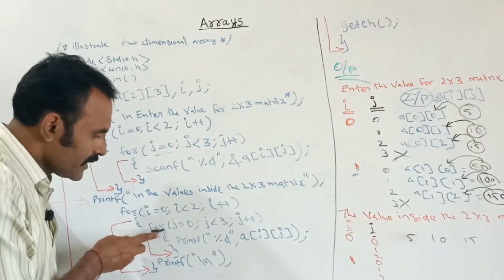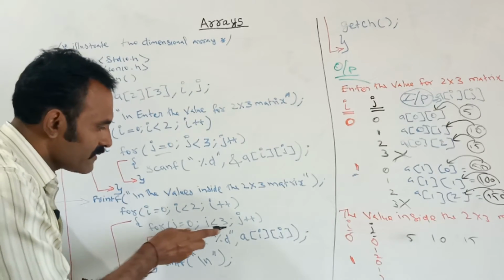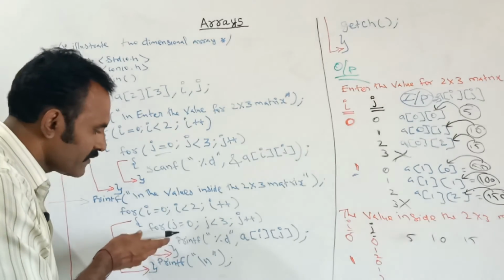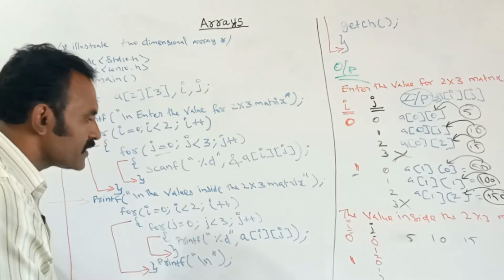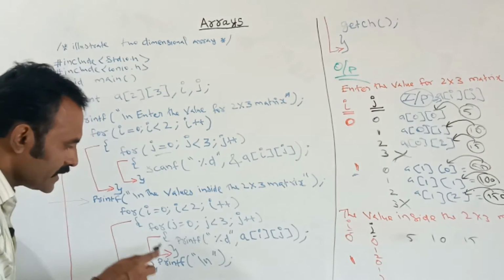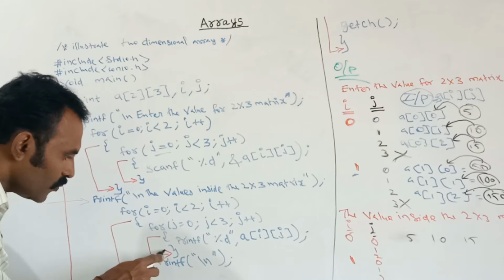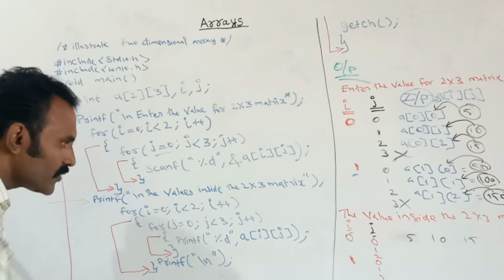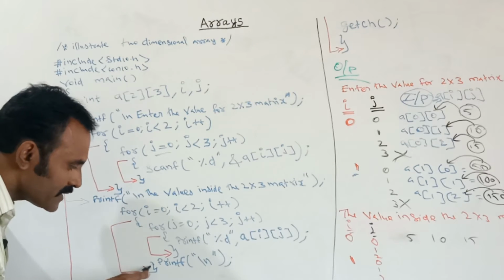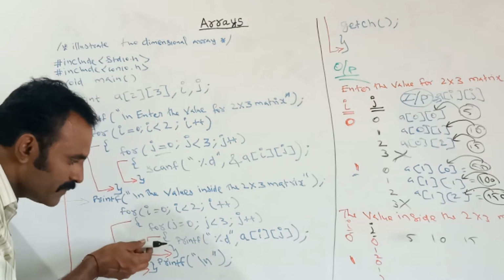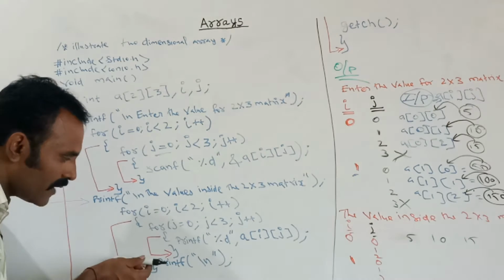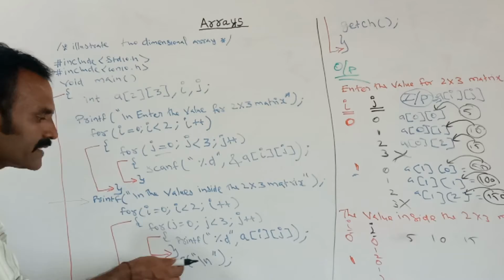After this inner loop finishes, next it will check the condition, it is false, so it will go to the outer loop. Before it goes to the outer loop, see, this brace is for the inner loop. Once it is completed, it will go to the outer loop. This brace is used for the outer loop. See, in between the inner loop and outer loop, I have given the statement printf backslash n.